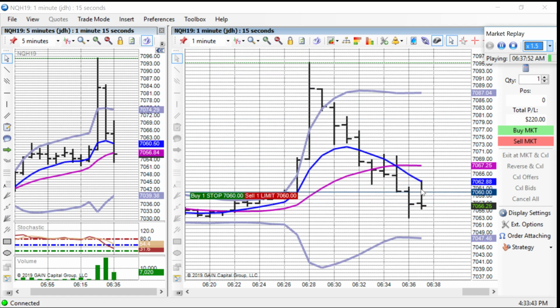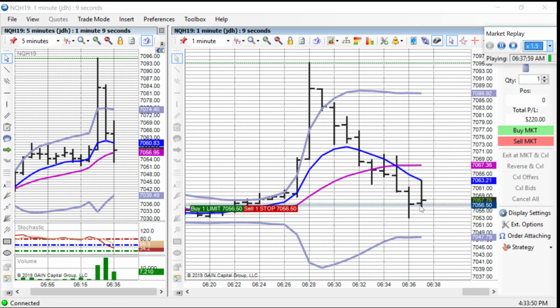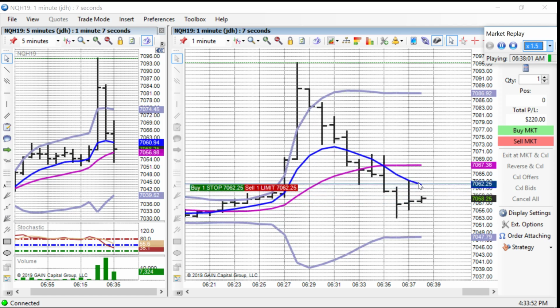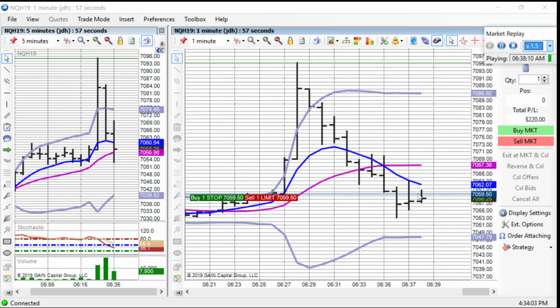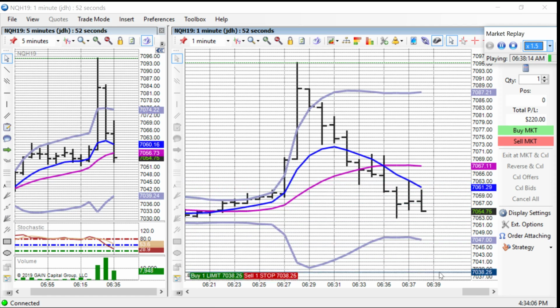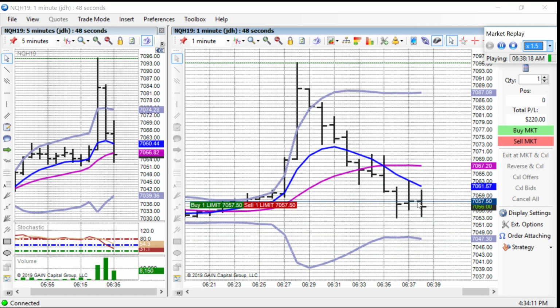Now for me, that's too far away. This point right here, that might be a valid entry, but it's just too far away from that ADMA line. This point right here. As you can see, I'd have to wait through all this stuff here, and that's why I want to enter as close to that line as I can. So this could be a valid trade right here, but yeah,